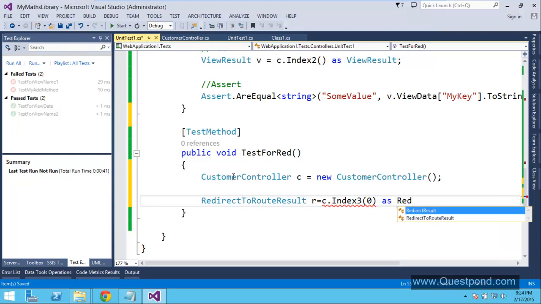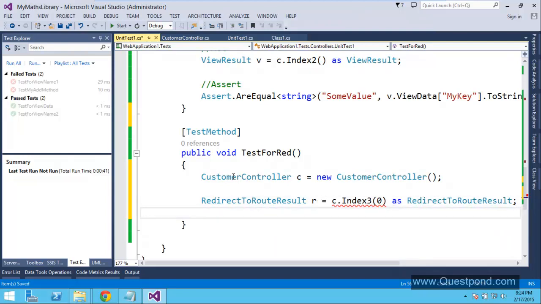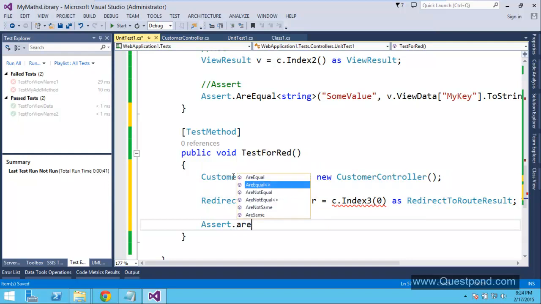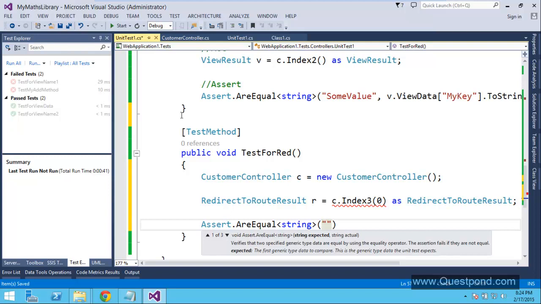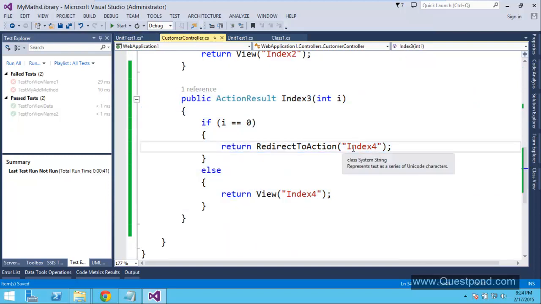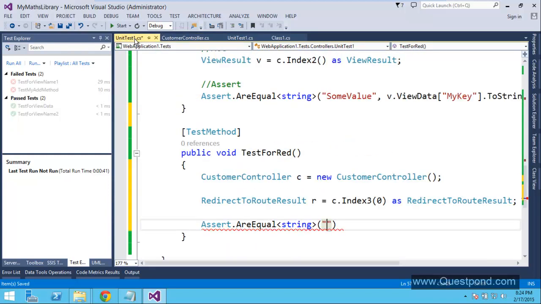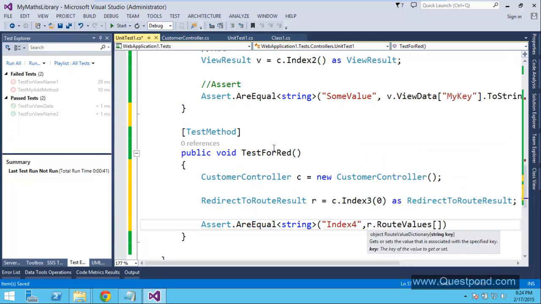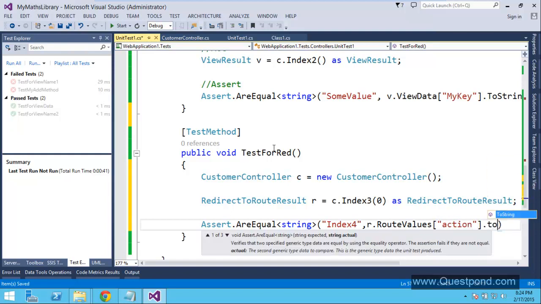Then we will say assert dot are equal, we are expecting a string, we are getting index 4. As you can see, we will get index 4, so we will put this index 4 here, but we are actually getting r dot route values inside this action key dot toString.